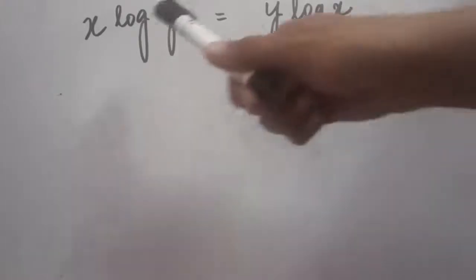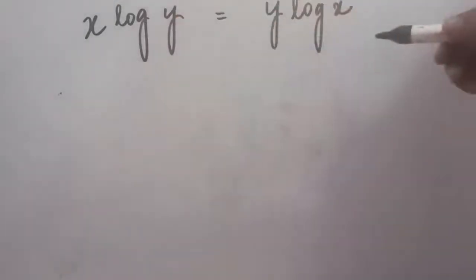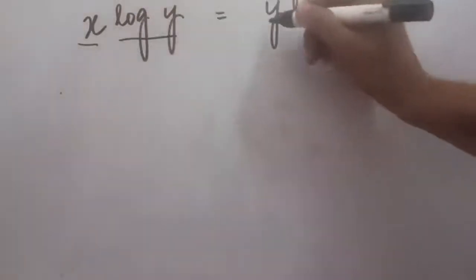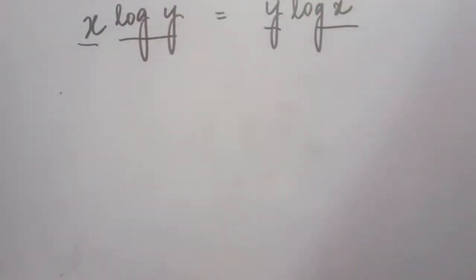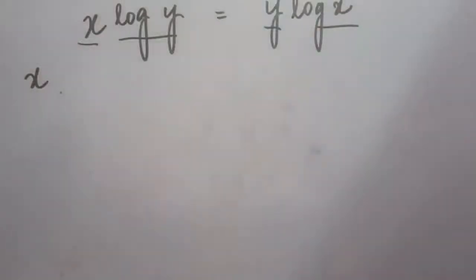This is another example of an implicit function. Here also you can see x and y have been kept together. So in such a question, again the same procedure, starting with differentiating both the sides. So you will write this line, differentiating on both the sides. Now here you can see two functions, and here also you can see two functions. So on both the sides we will be applying the product rule. On the left hand side, let us apply the product rule.